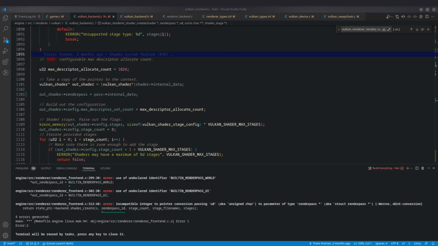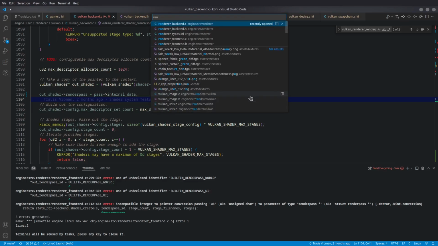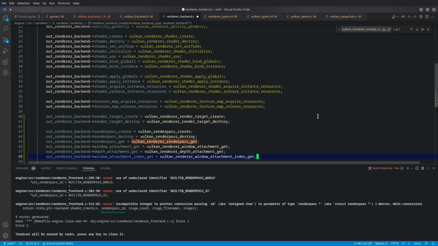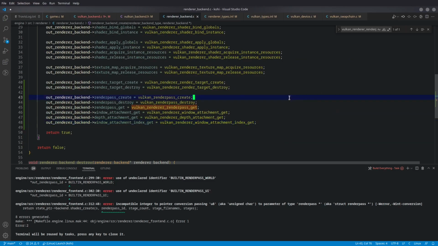The next thing that we probably should do, I'm thinking, is update the backend to actually hook up all those function pointers, because if we don't do that, we're going to forget to do it for sure. So let's go ahead and open render backend.c. And then right after map texture map release resources, we're actually just going to slam in all of the changes